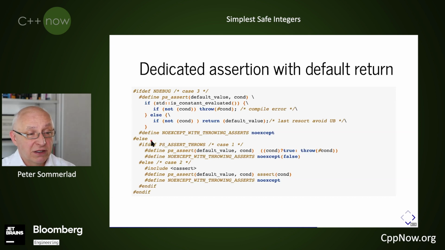If you're not in debug mode, we have two options. One is that we compile with the throwing asserts, and then if the condition is wrong, we throw. Because we want the functions that have these asserts in them to not actually terminate but to throw the exception, we have a special macro that marks them as noexcept, which in other cases will just mark noexcept, because there won't be a throw. And if we have assert available, we just use the assert macro that we are happily using here.